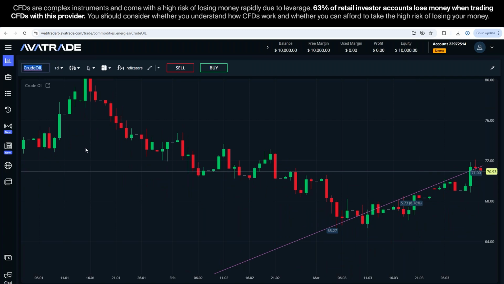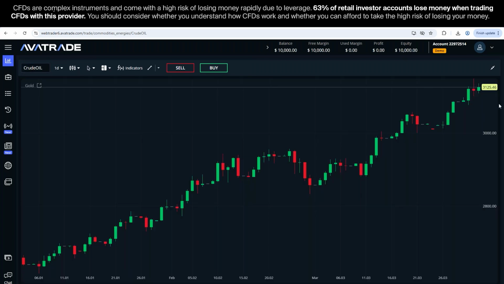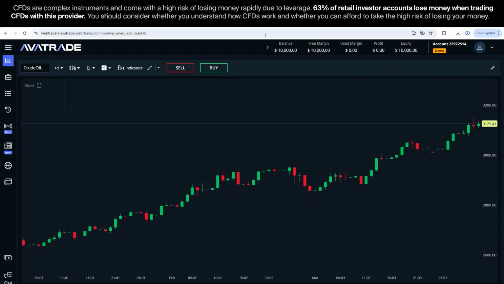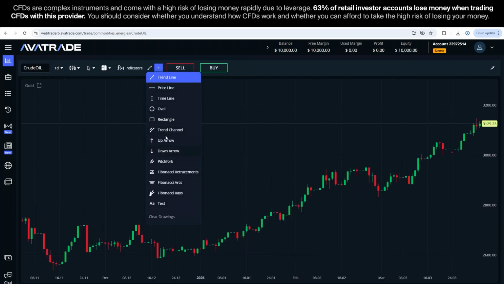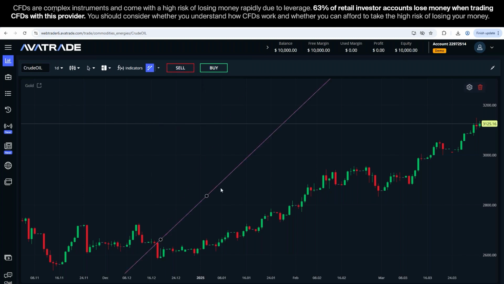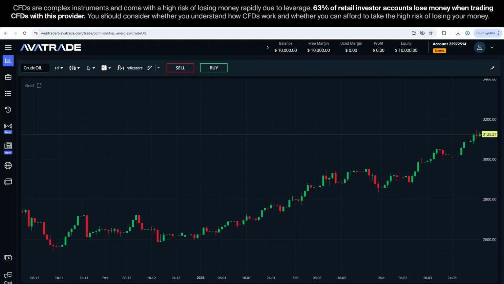So let's suppose I want to see gold. I don't want to go outside. What I'm going to do is just click here on the icon, the name, the symbol, and I'll type gold, then select gold from the list, and I'm good to go. As you can see, gold is still generally bullish, even though yesterday it was bearish, but another all-time high, which is just insane. If we compare the general trend, we can easily see that. Okay, maybe just a second. Let's get to that in a moment. I first want to show the facility, and then I'll show you how to